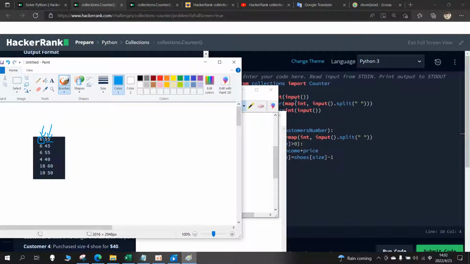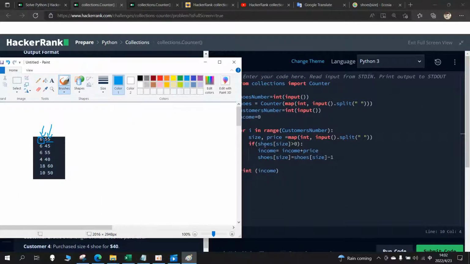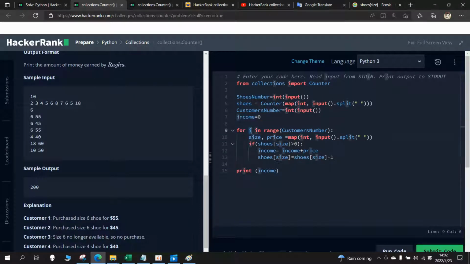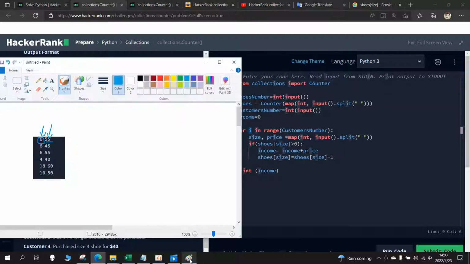So that's why we are making it here with the size and price, to input and to make it repeat a number of times using a for loop, right? And if this one is greater than 0,